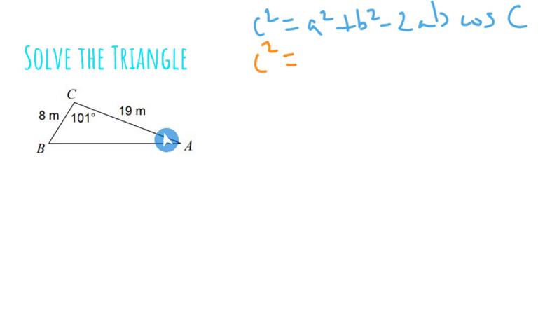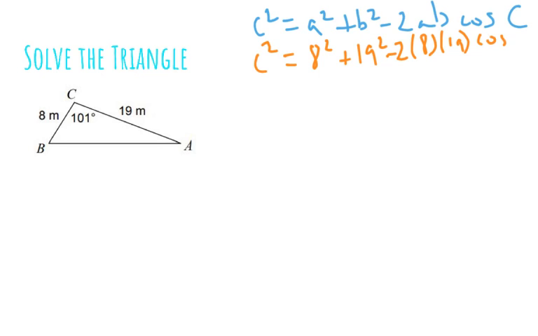If this is angle A, across from that is going to be side A. So we have 8 squared plus B squared. If this is my angle B, the opposite side is side B. So side B is 19 squared, minus 2 times A, which we said was 8, times B, which we said was 19,